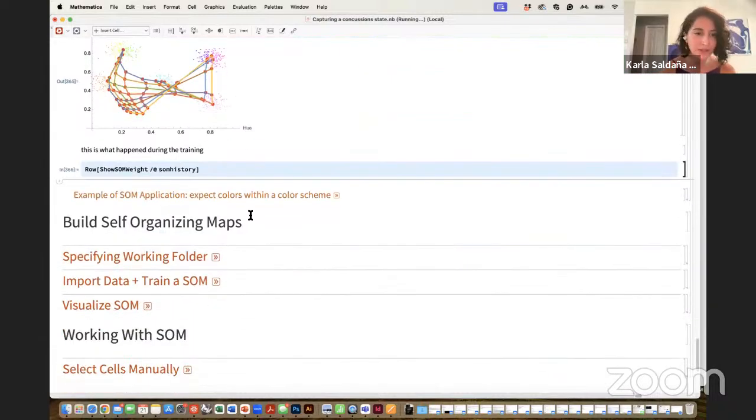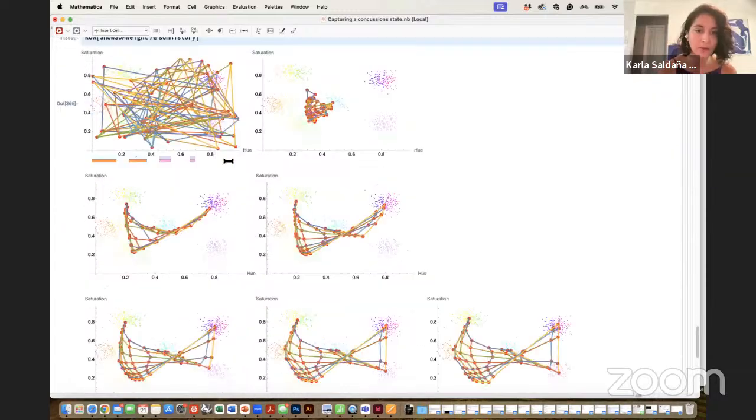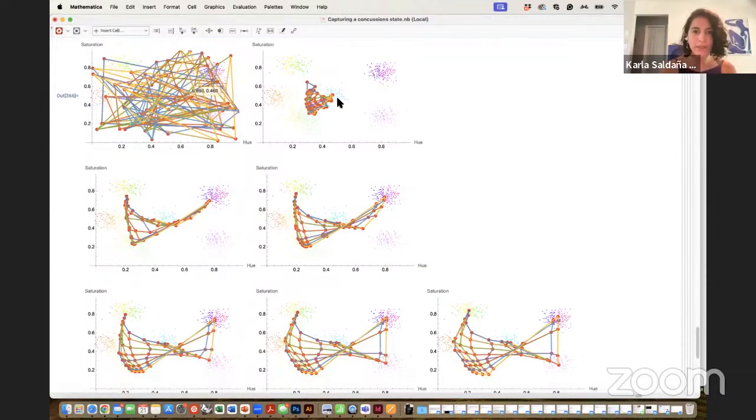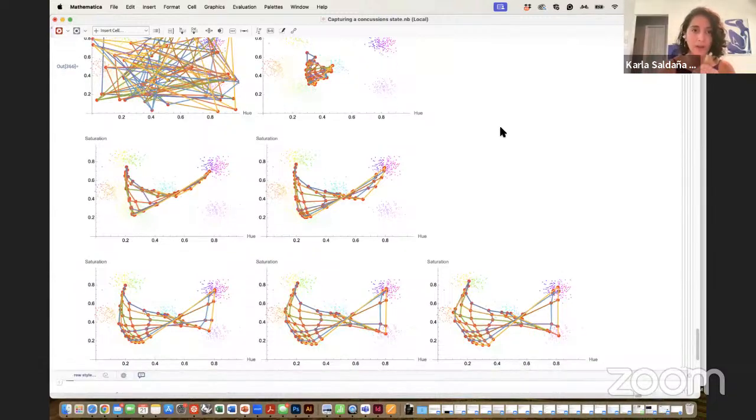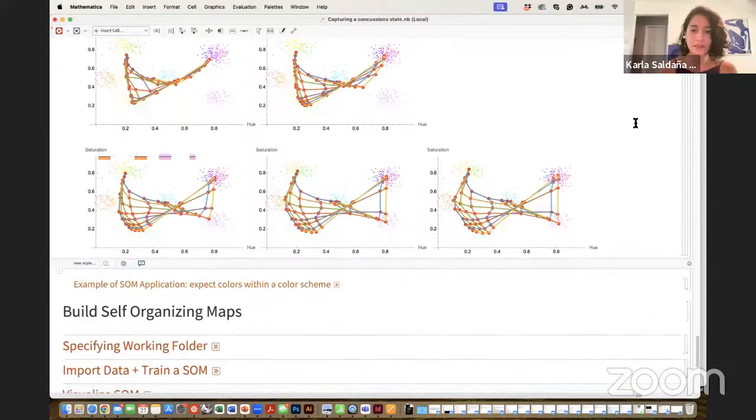Just be patient, because here it is going to show you the epochs. So it starts at random, and then you see, as each epoch happens, how the grid is being extended, moved, and shaped depending on your data. This is really interesting, because this is an unsupervised clustering algorithm, which means that we're not predefining anything that has to be learned, but the algorithm allows us to see patterns arise in the data.